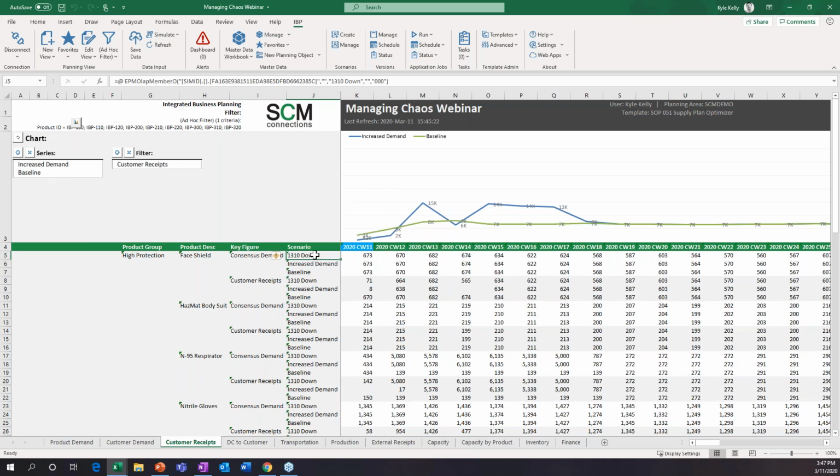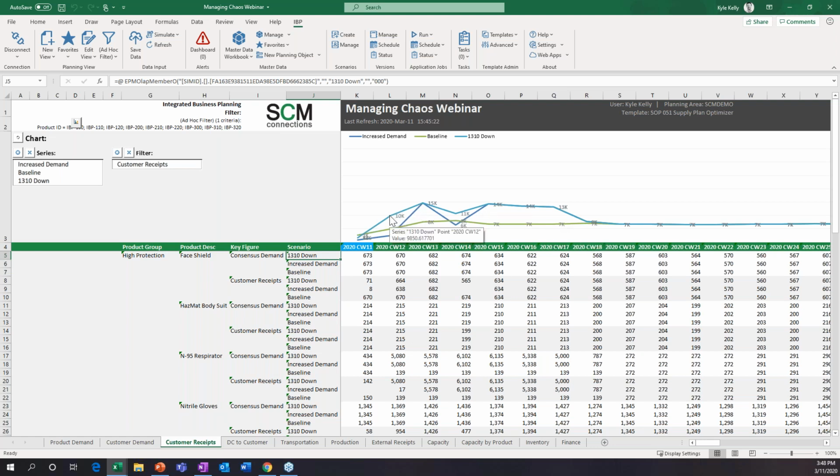Now, if we add in that 1310 scenario, even though the 1310 resource went down in San Jose, we were able to supplant that with our outside vendor because, again, we care most about supplying to our customers at this point. So you can see we're actually able to supply more because of our contract with our vendor.